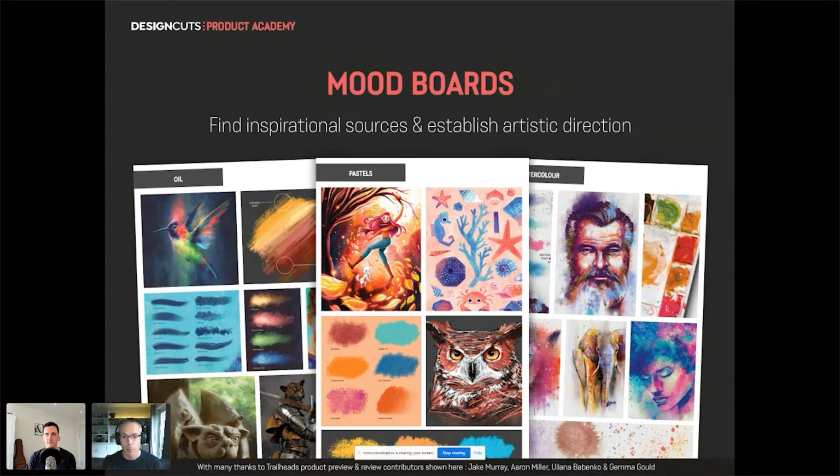So Nathan's mood boards for the brush set looked actually very much like this. I just quickly put these together using his product and shouted out some of the designers across the bottom as well, whose work he actually used within these particular mock-ups. But what you basically do is you just put together inspirational resources that might give you artistic direction or ideas direction for your product.